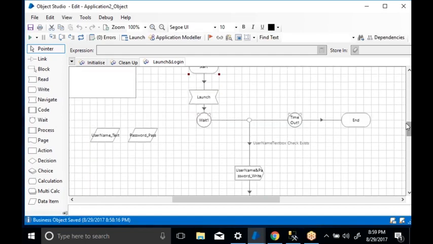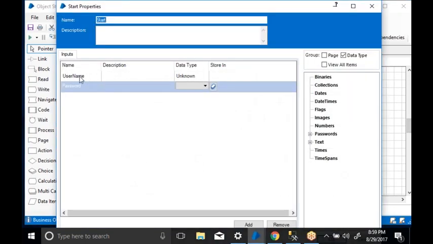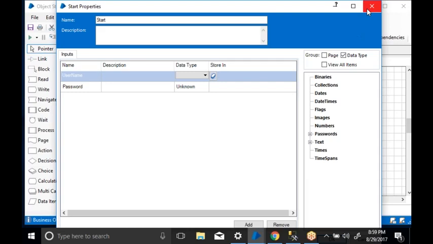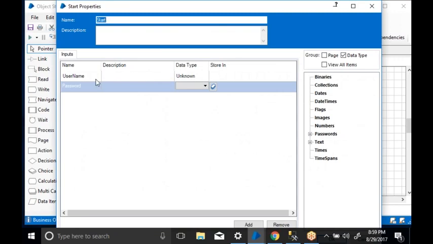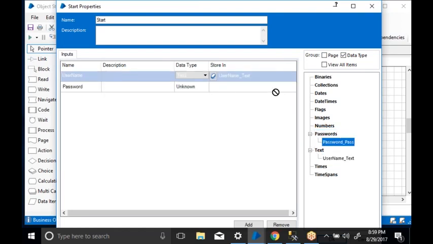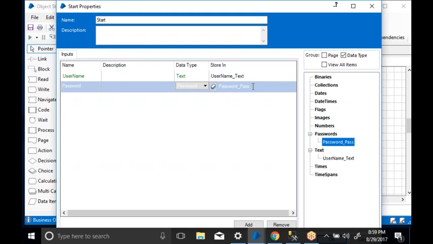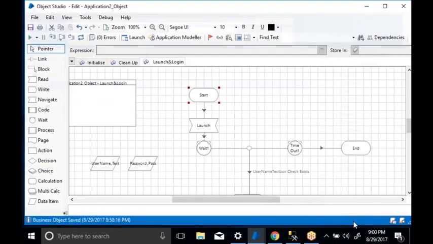Now where you will store that? The username and password will come here. I already have the two data items, the username and password. I will store the values, whatever is going to come from the process, in these two data items: text box, text, username, drag and drop, and password, drag and drop the password. Whatever values are going to come from my process studio, I am going to store into the two different data items, the username data item and the password data item. Anything from the process I am going to get in data items only, that will come here and store into the username and password data items.